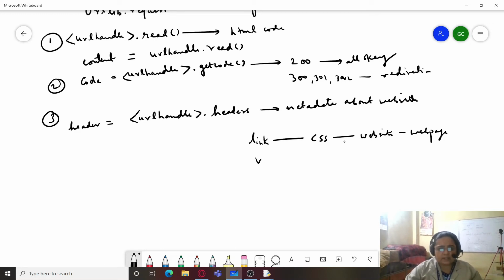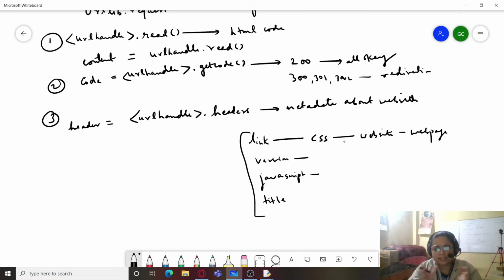It contains version information, and any JavaScript information. That is, if any external JavaScript file has been attached, that information is also provided here. The title of the web page, right? So much data is there within the header section of a web page which describes your web page. Okay, and that is known as metadata.